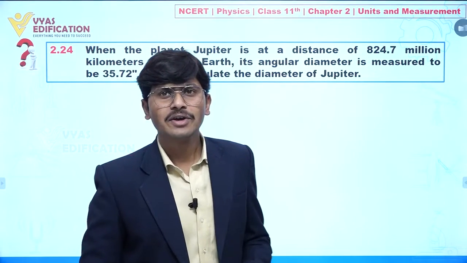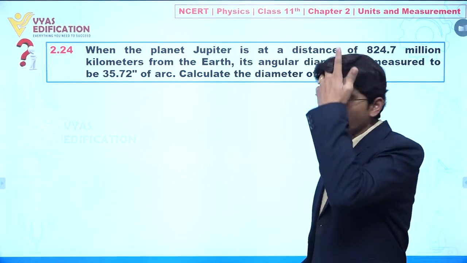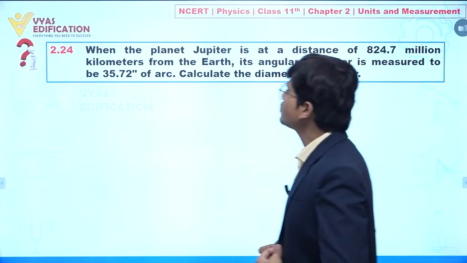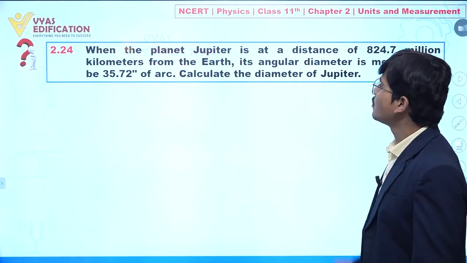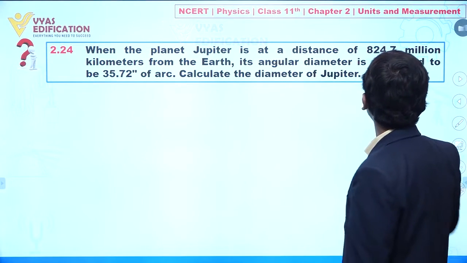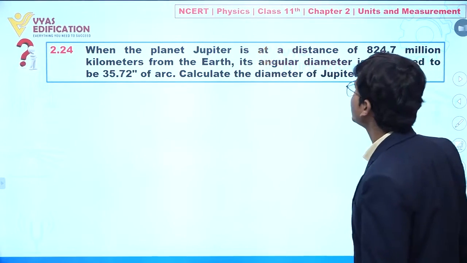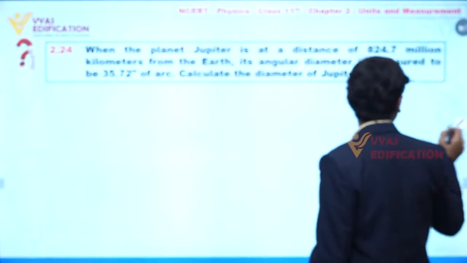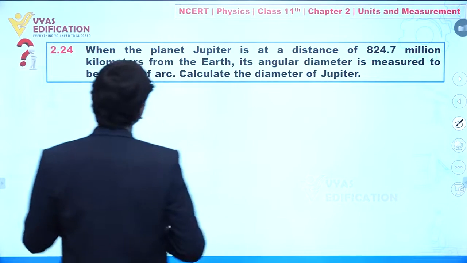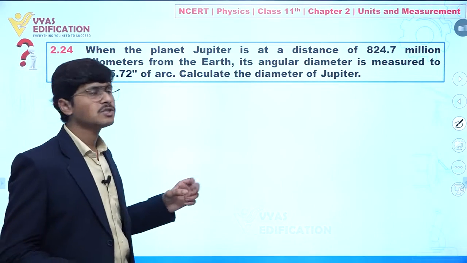Now dear student, we are going to discuss question number 2.24. In this question it is given to you: when the planet Jupiter is at a distance of 824.7 million kilometer from Earth, it is given when the planet Jupiter is at a distance of